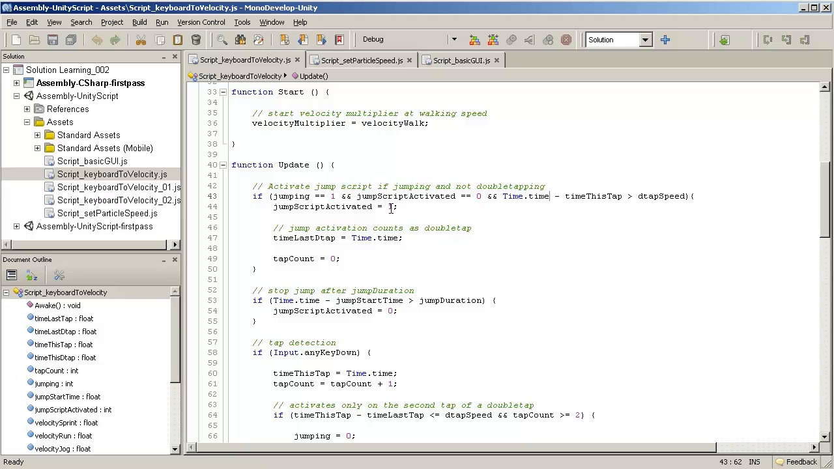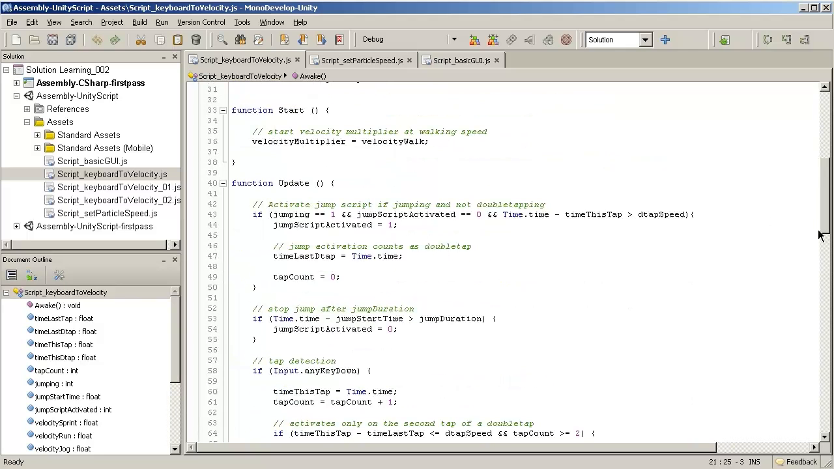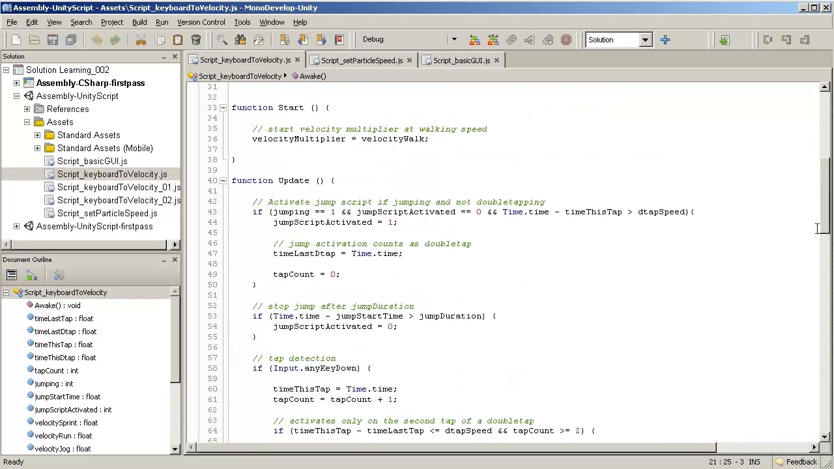So if the current time minus the time of the last tap is greater than the double tap speed, which here is set as 0.3, then the time between the two taps is greater than the double tap speed, which means it's a single tap. If it's not a double tap, then it's a single tap, then you activate the jump script. So if you're supposed to be jumping, if you're not already jumping, and if you're not double tapping, then